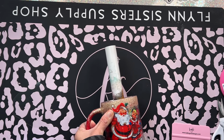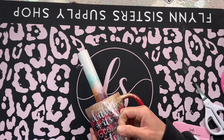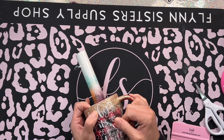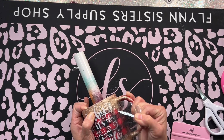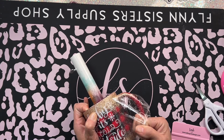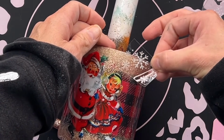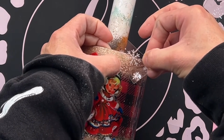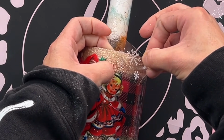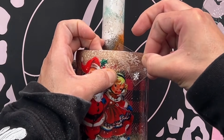This decal sheet also comes with Baby It's Cold Outside on the other side of it. So you can either break this up and make 2 tumblers with it, or you can put them both on the same, like I'm doing here. I applied the Baby It's Cold Outside to the back of my tumbler, and then with all the little snowflake details, I just kind of freestyle applied those all over the cup, kind of around the top and bottom framing the